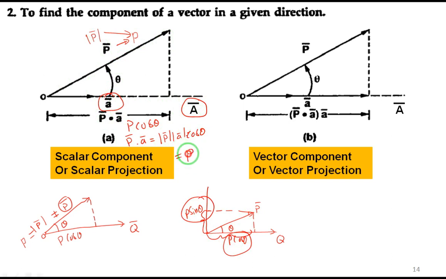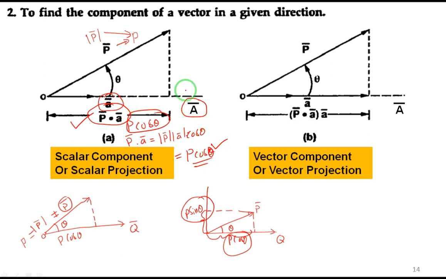Magnitude of the vector, simply I will write p. Magnitude of a vector is 1 because it is unity, and p cos theta. Yes, we are getting p cos theta. Yes, verified. Is it fine? So if I take the projection of p vector onto a vector, what will I be getting? P dot a vector, and finally it is a scalar projection. Whatever I got is a scalar quantity. We call it the scalar projection, p cos theta.